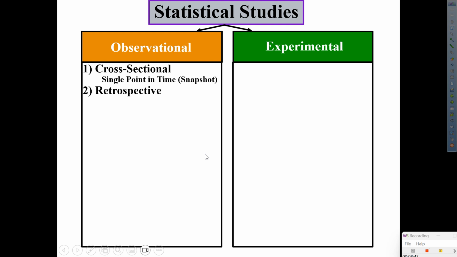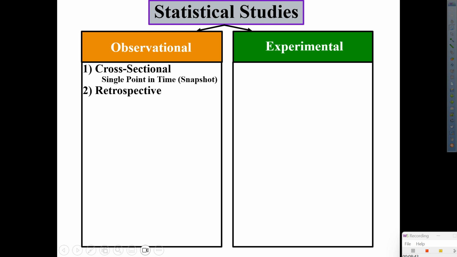Retrospective is actually going to the past but looking at specific records, such as, let's say I wanted to go to the 70s, and I wanted to go and look at numbers in regards to accidents while driving in the 70s, okay? Then I go forward and I did another study, and I went to look at data for the 90s, accidents while driving during the 90s. But then I wanted to compare it to 2010 when the smartphone came into play, accidents while driving.